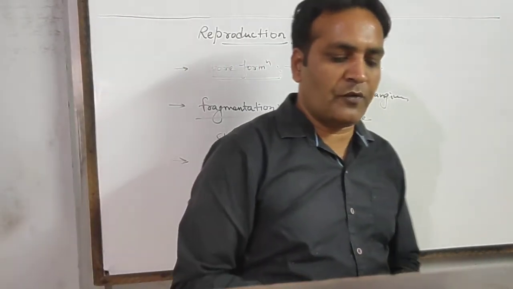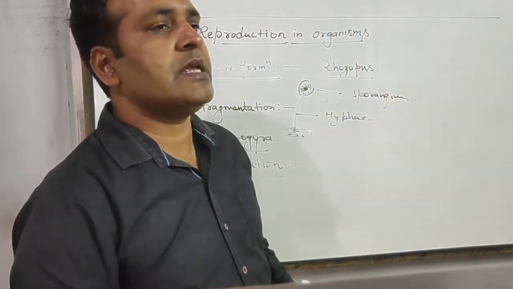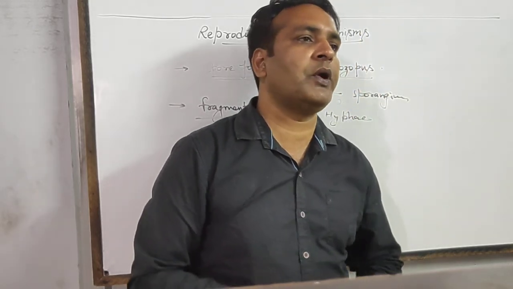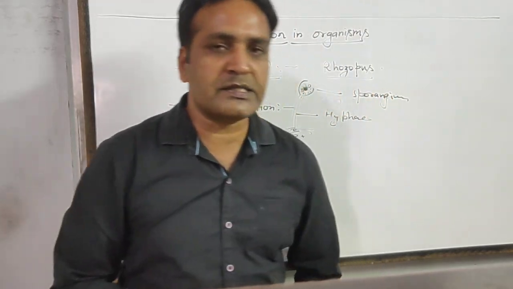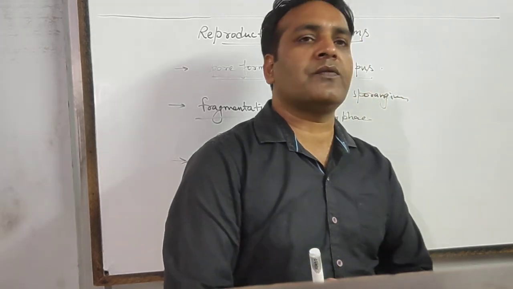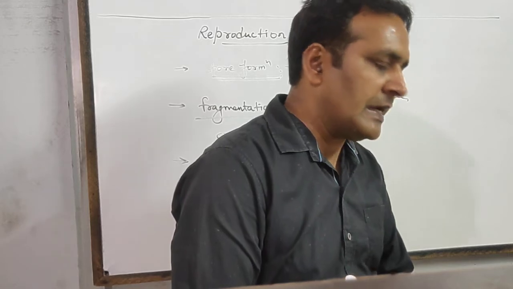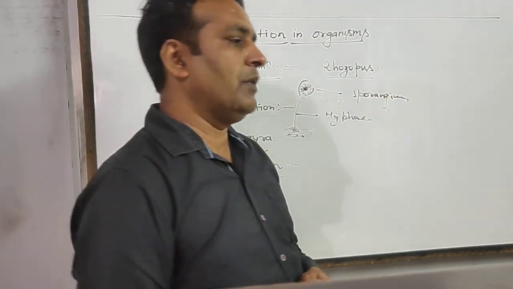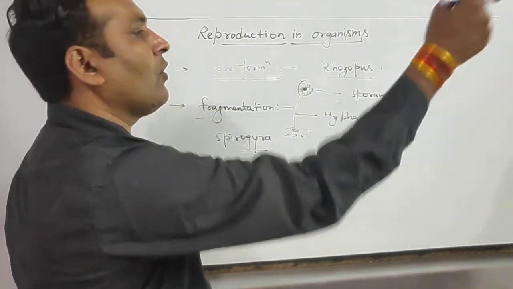The regeneration mode of asexual reproduction is that in which even a single part of an organism's body can regenerate to produce a new organism, but the mode of regeneration is different in different organisms, as in case of starfish, whenever a single arm of a starfish detaches from its parent part, it will develop a new one. But the regeneration mode of asexual reproduction is very common in